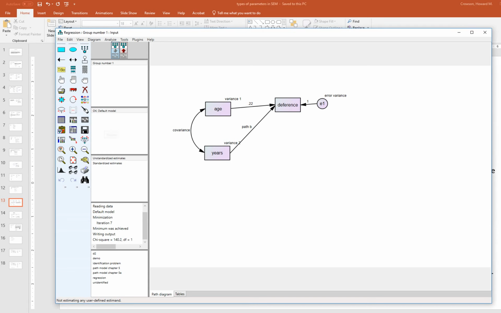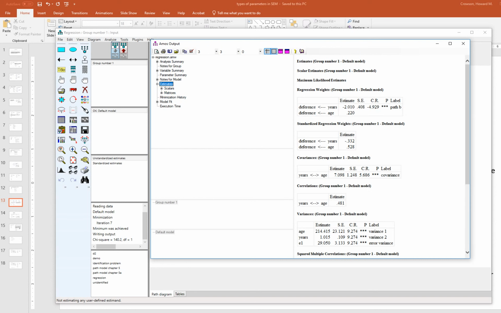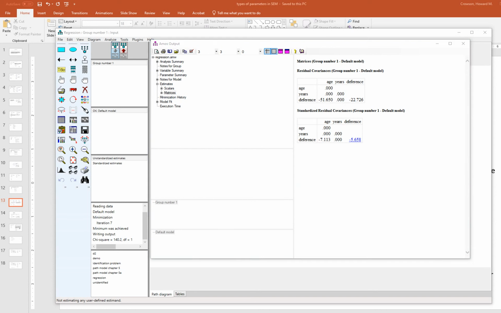So now when I run it and I go back and we look at the estimates and matrices right here, you can see much larger values for the residual covariance between age and deference, and for the variance for deference. Both of these values within the standardized residual covariances are well above the 1.96 that I was referring to earlier. So that's definitely indicating that we're not doing a very good job with this model in reproducing the variance covariance